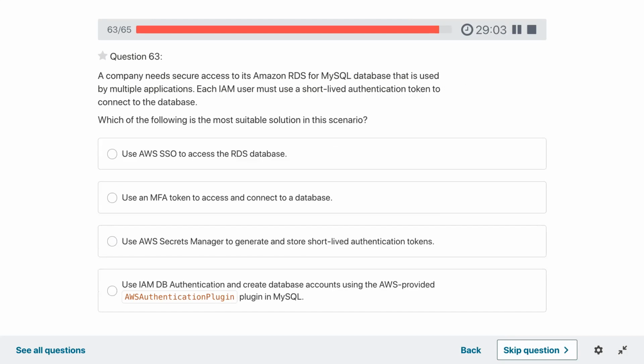Use IAM DB authentication and generate a database account using the AWS authentication plugin, or use AWS SSO to access RDS.